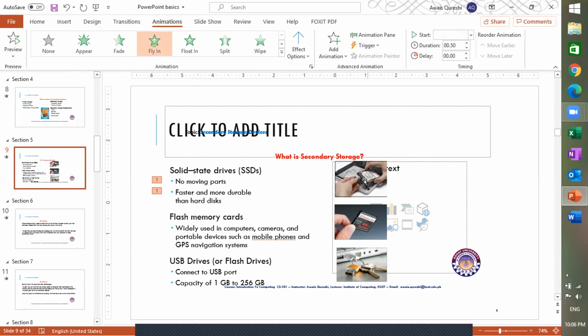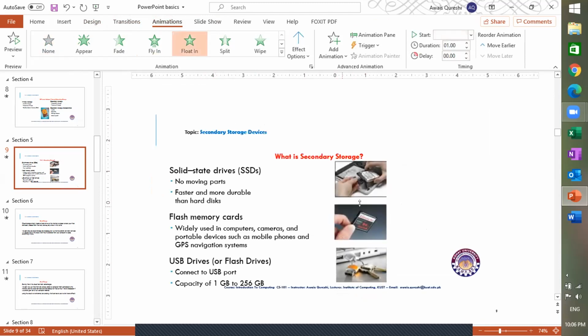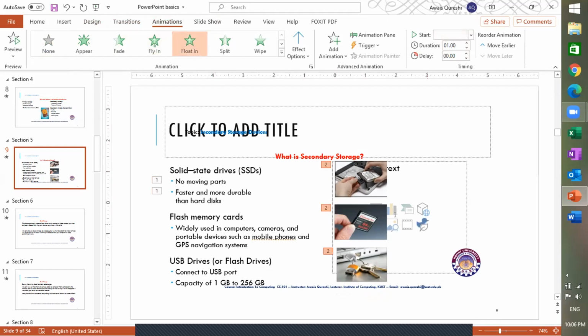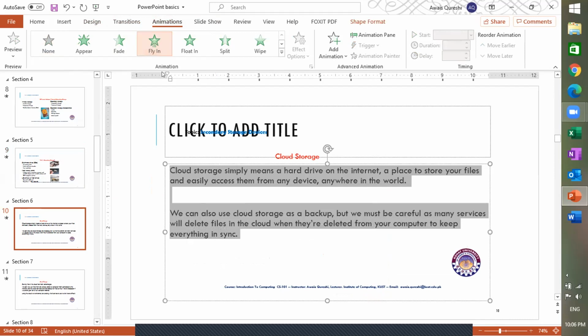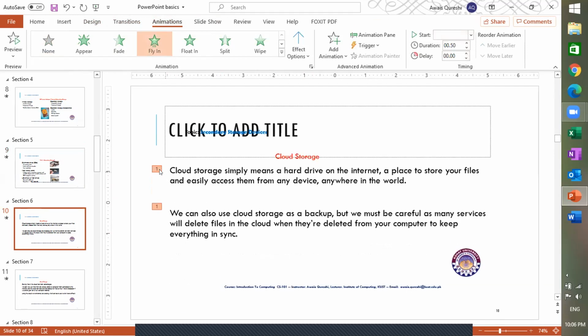Let me try to add some animations. As you can see, I have applied these animations on the images. Let me add some slide options, flying in. Okay, as you can see, this is a specific animation. The symbol is over here, and you can click over here and add some other options as well. So these are all the other options available for adding animations in your presentation.